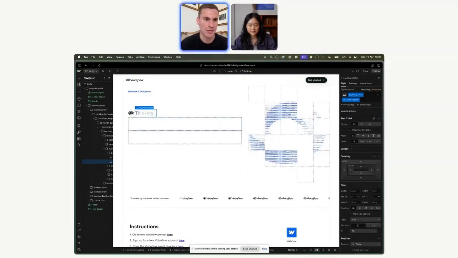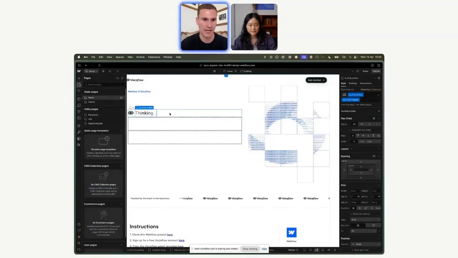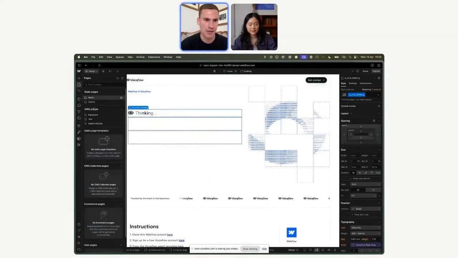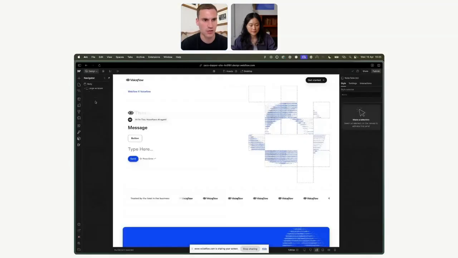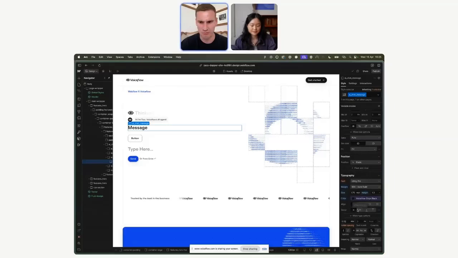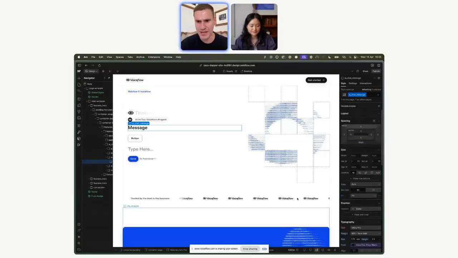We have two pages on the clonable. We have the home page, where we're only showing that thinking state initially. And if you're wanting to style up anything else, we've got all the assets on the assets page. We can simply click on any element and update the styling using Webflow's style panel. So this can be really easily duplicated and added to a client project, and you're matching all their colors,